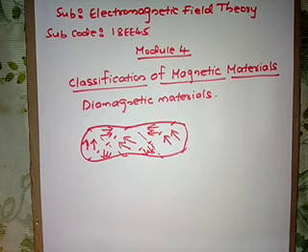The materials in which the dipole moments of adjacent atoms line up in an anti-parallel fashion are called antiferromagnetic materials. Examples of antiferromagnetic materials are oxides, chlorides, sulfides, and others. Ferrimagnetic materials are the materials which get affected in an external strong field lesser than the ferromagnetic materials. Ferrites are the examples of ferrimagnetic materials.